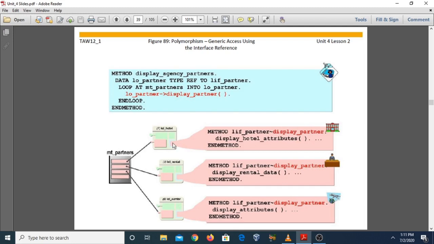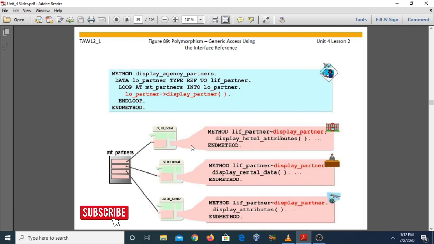In the hotel class, the method LIF_partner~display_partner calls the function display_hotel_attributes. Similarly, the rental class implements the interface method LIF_partner~display_partner and calls display_rental_data, and so on in the case of LCL_carrier.